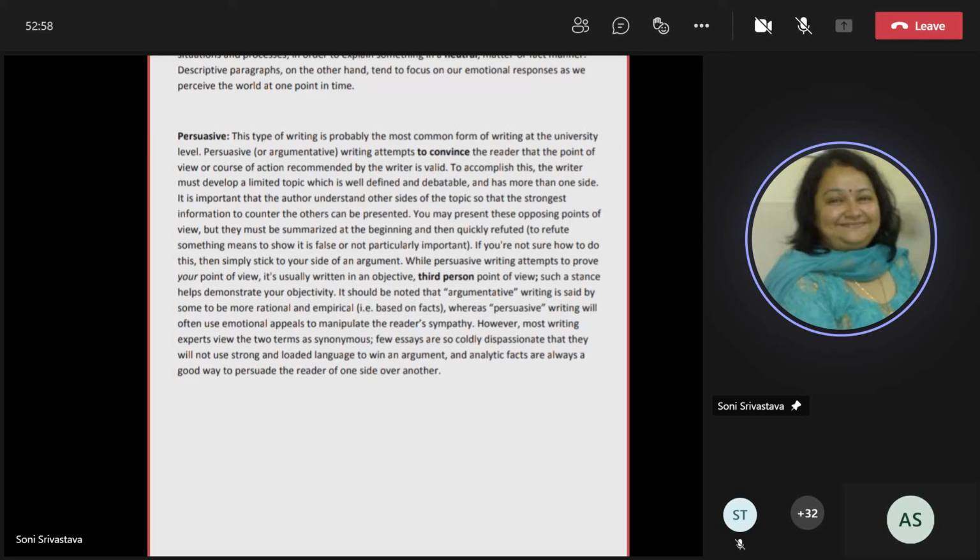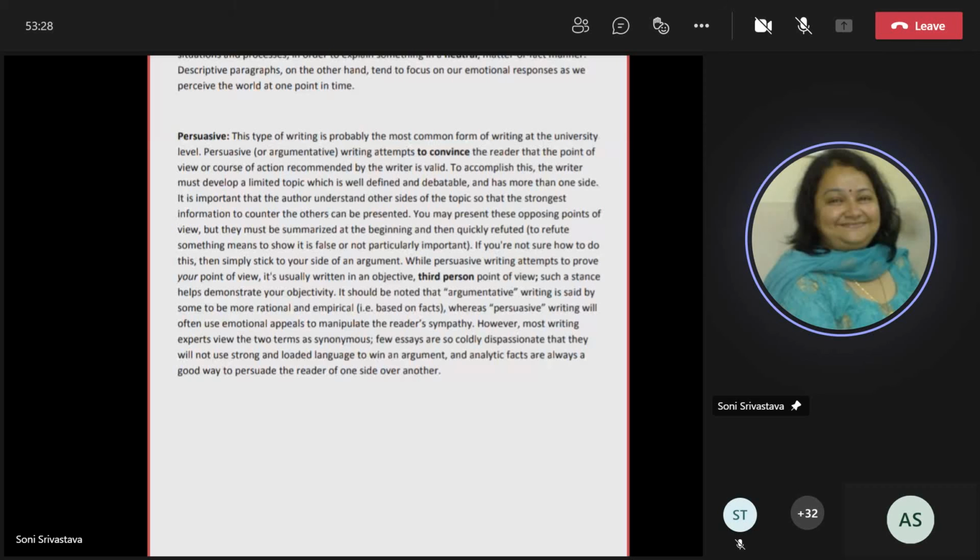Then we talk about non-fiction, like I mentioned. Later, if you go for some university degree abroad or somewhere else, if you get a letter of recommendation from your school which talks about your accomplishments, your achievements until now, academic and non-academic, all these things are included in the letter of recommendation. That is also a persuasive way of writing. So this is the example.